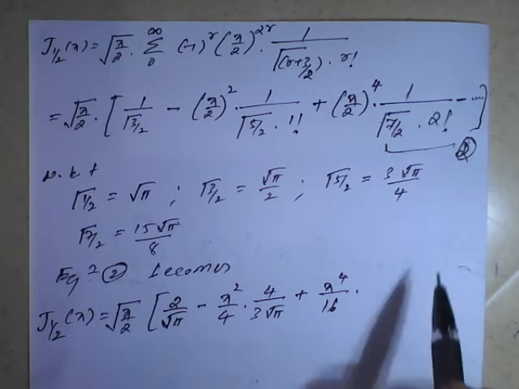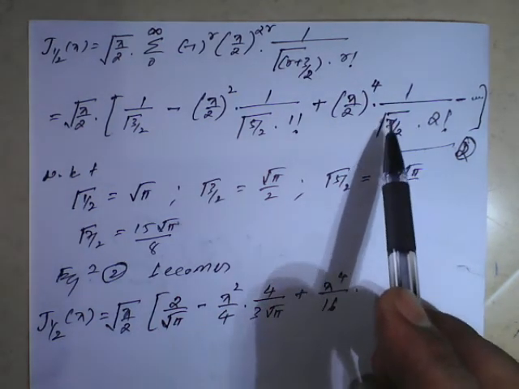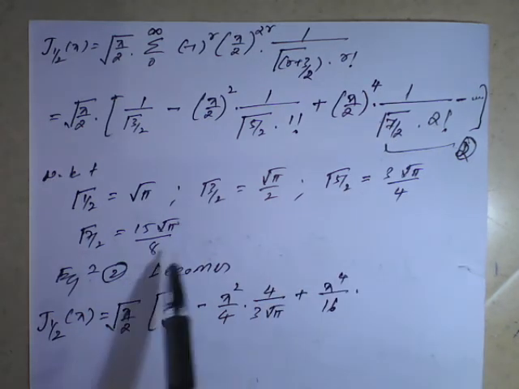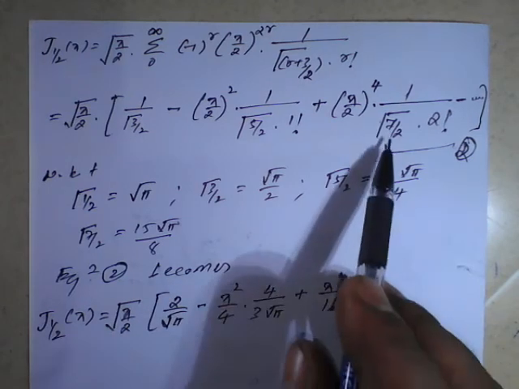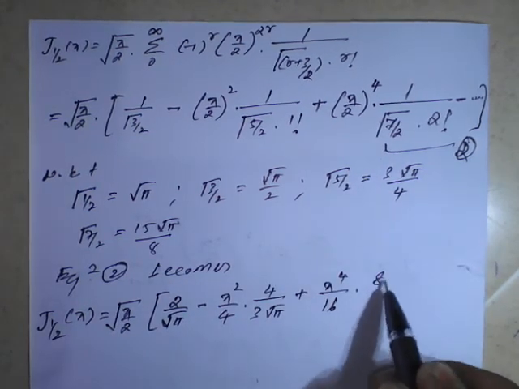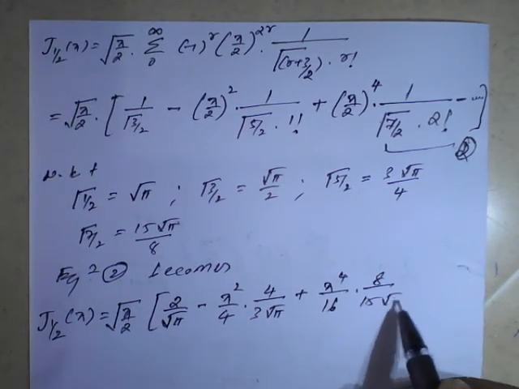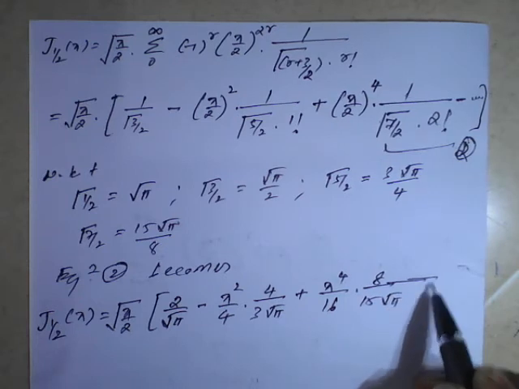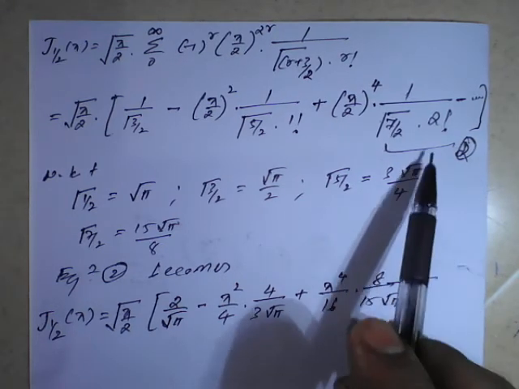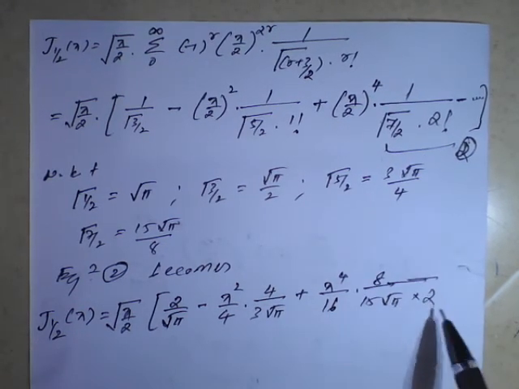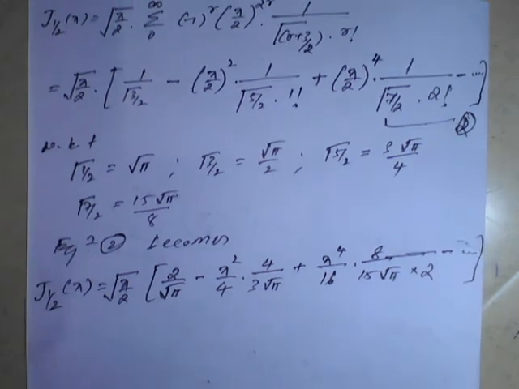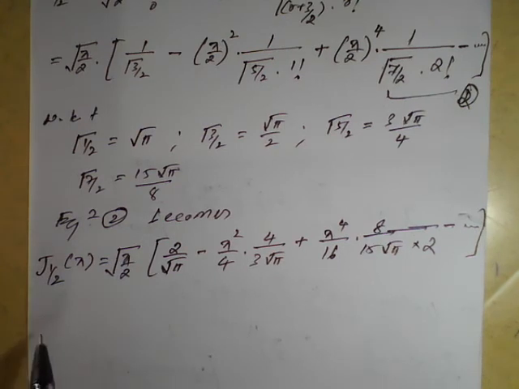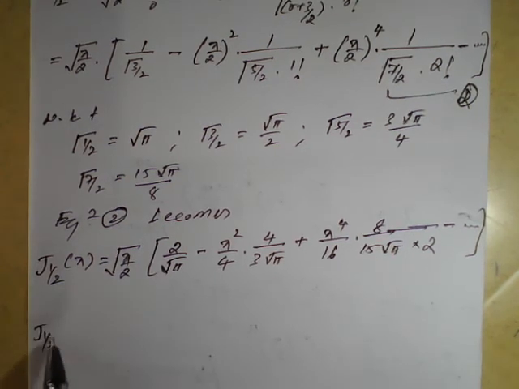into 1 upon gamma of 7 by 2. How much is it here? 15 root pi upon 8. If you make it reverse, because it is in the denominator, it will become 8 upon 15 root pi, into 2 factorial, which is 2, minus so on. Which is nothing but J half of x is equal to